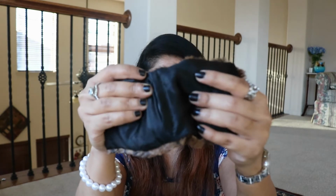And you can feel the stones inside, like tiny stones or beads, and I think they warm up when you put it in the microwave, and then you just keep it and rest it. And I really wanted this because